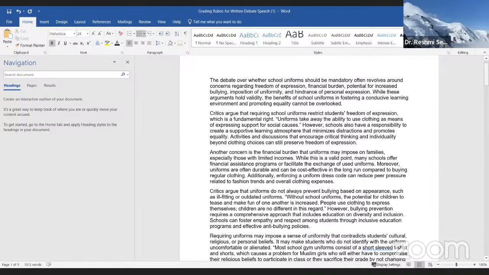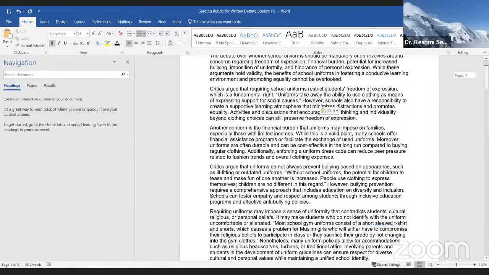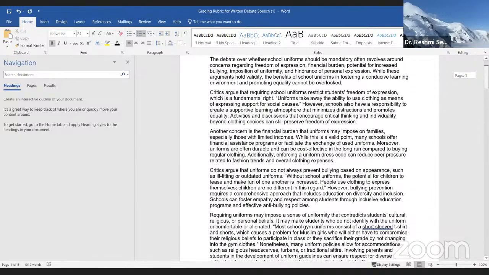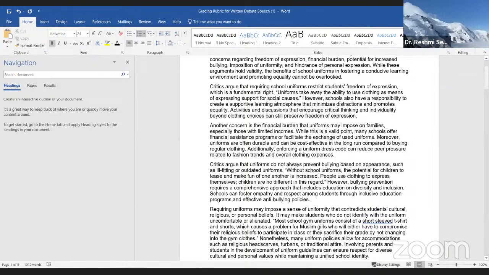Now, within the body, we have to go back to Maslow's hierarchy of needs. The points you have pointed out, it seems to me, I may be wrong, you are talking in terms of Maslow's hierarchy of needs, saying that this will create a sense of equality. And right now, if people do not feel a sense of equality, they may feel unsafe. Not everybody has the designer clothes to wear. Some people may not be able to afford them, and if we have a uniform, then we can